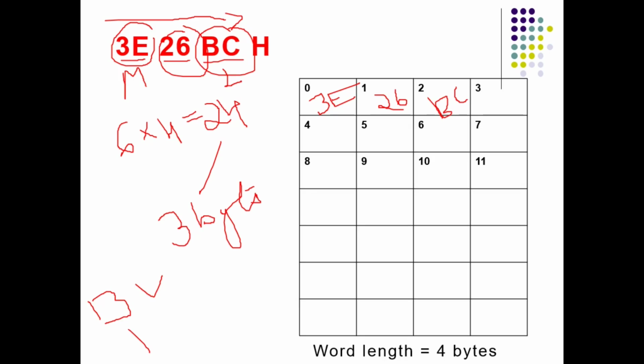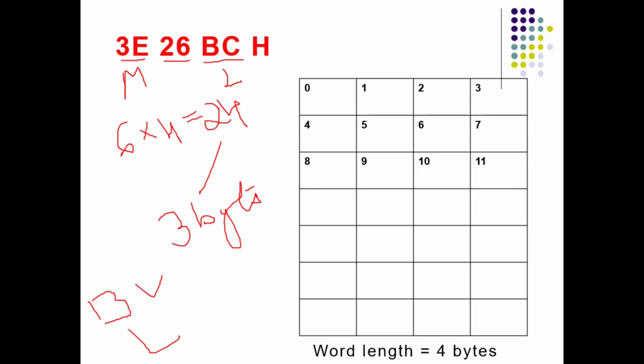Now, how does little endian store the same data? By now I think you can understand. This is the lowest byte, this is the most significant byte, this is the least significant byte. Little endian stores the least significant byte in the lower address. That means it will first fetch BC, the least significant byte, and store BC in the lowest address available, that is 0. Then it will go to 26 and then it will go to 3E. Did you see the difference? Almost opposite, reverse order, right? Little endian. Okay, it is roughly so, I'll explain later. This is the concept, little endian and big endian.